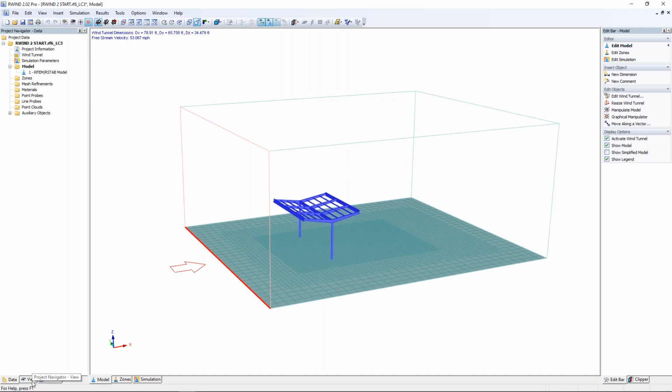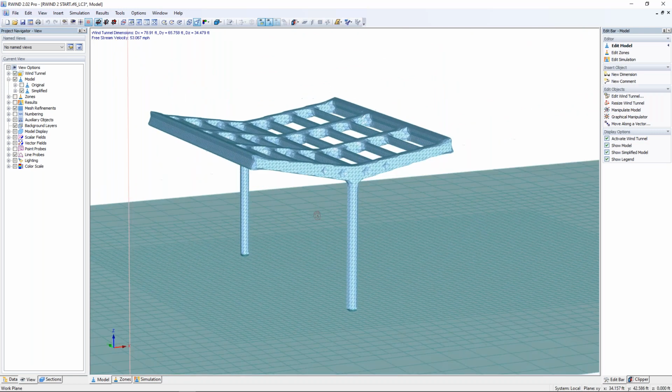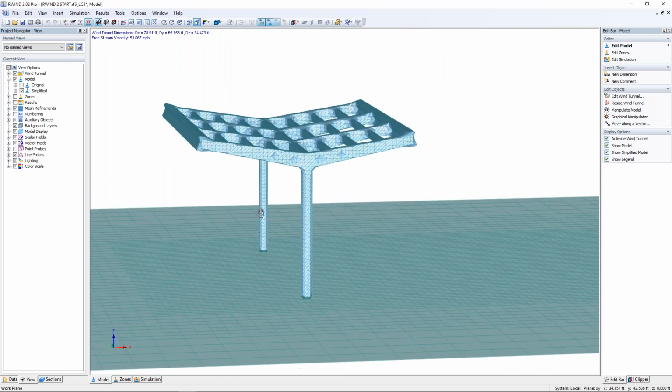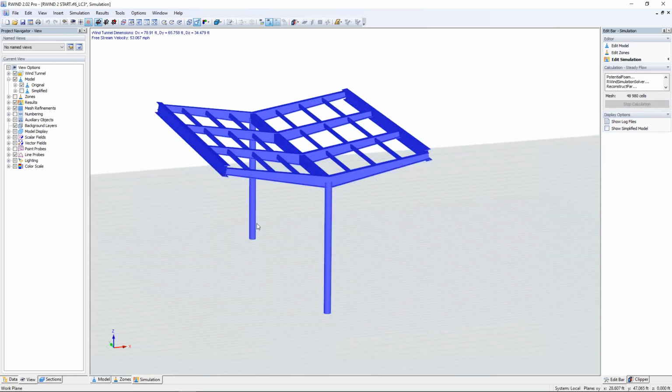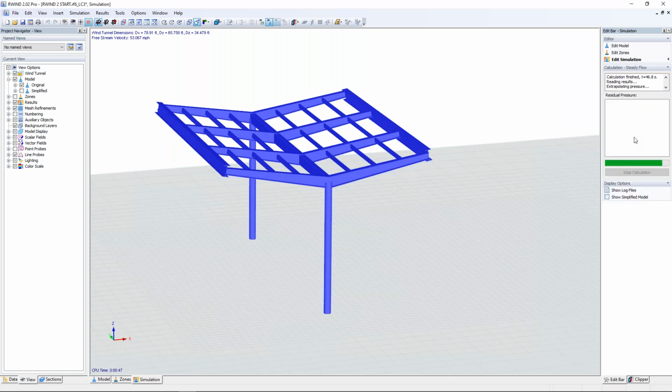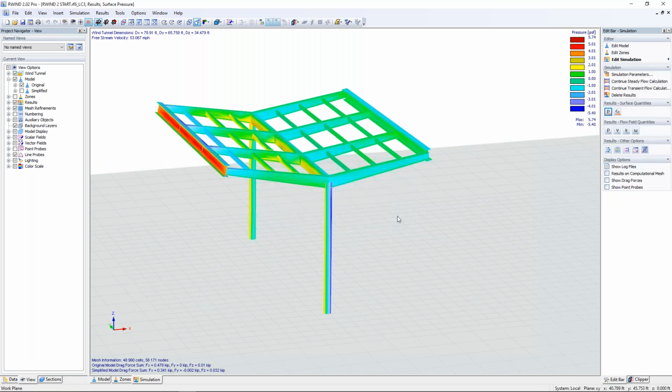If we're also interested, under the View tab, we can take a look at the model tree to deactivate the original model and activate the simplified model. And here is that shrink wrap mesh that we talked about within the PowerPoint, and we set those various settings within RFEM itself. So we can go ahead and activate the original model here, and we can go back to the wind simulation. So we can see here over on the right-hand side, we're running the calculation time based on that residual pressure that we've set at 0.001. So once the calculation is complete, the program asks us if we want to leave RWIND, we'll click no,